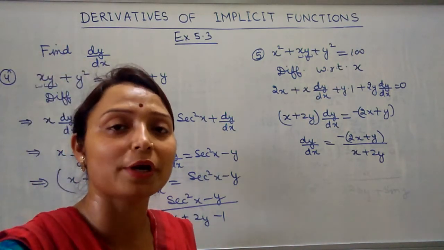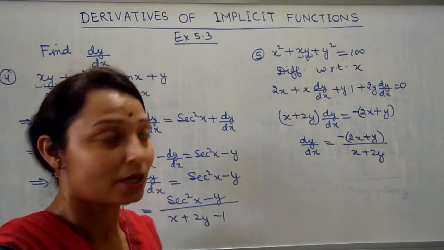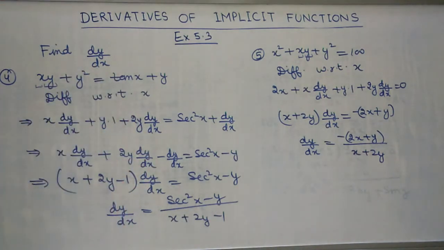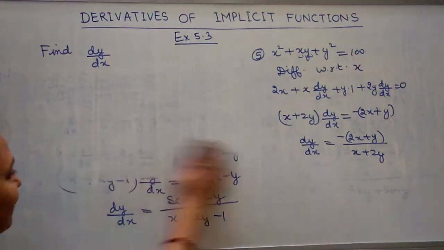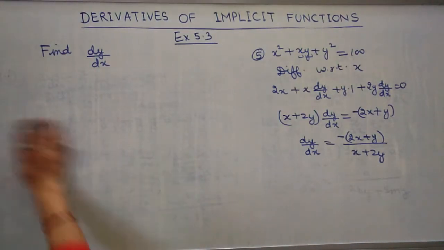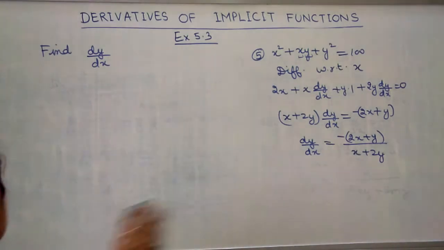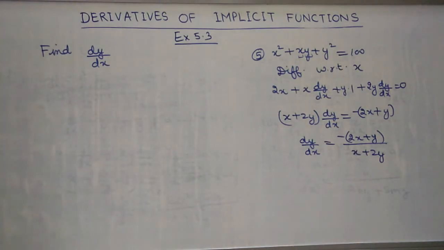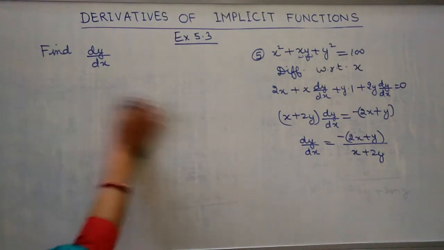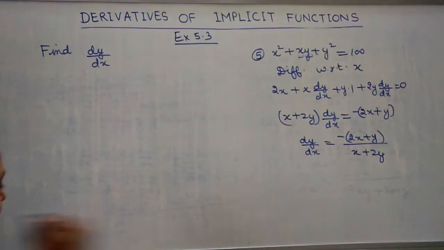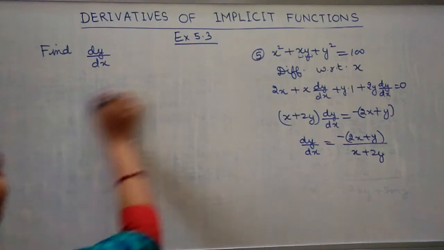Now I will do the question of trigonometric values. The question number 6 is the same as this question. I will do question number 7 of NCERT. Questions like these are very simple, so you have to solve question number 6 easily. Question number 7 is separate because it includes trigonometric functions.